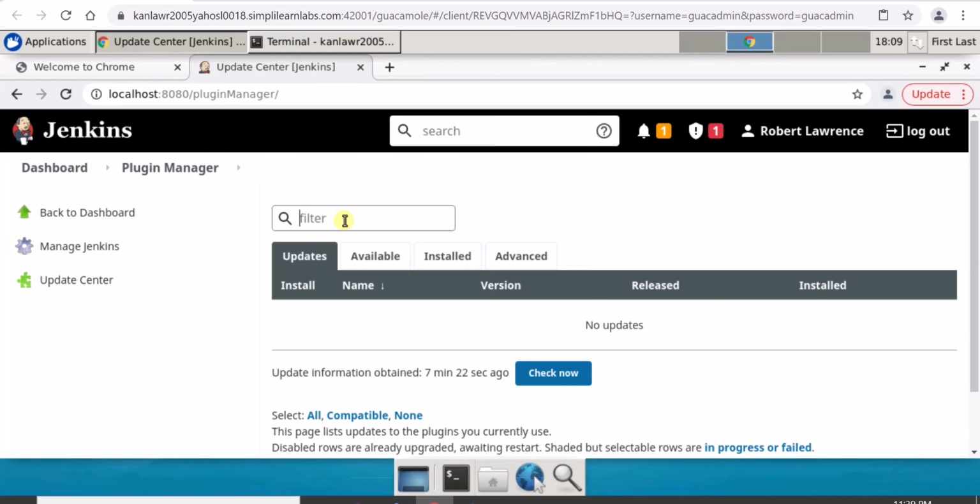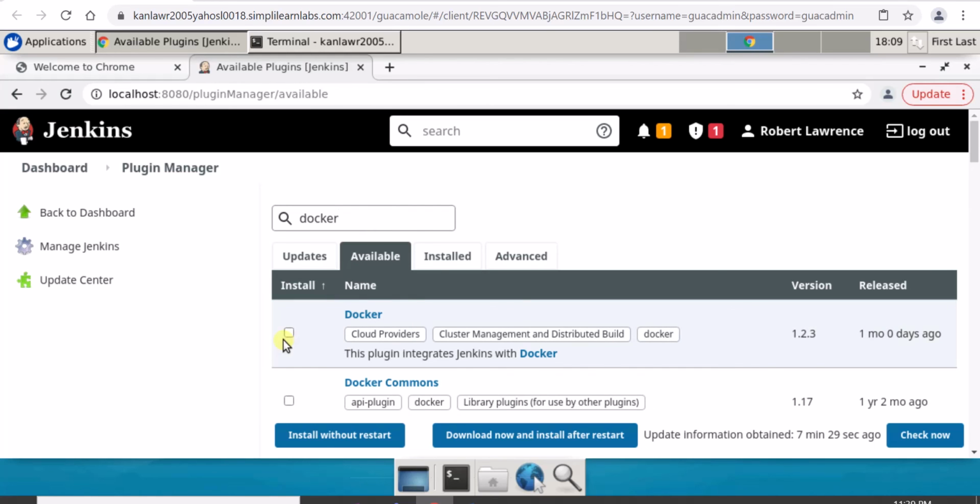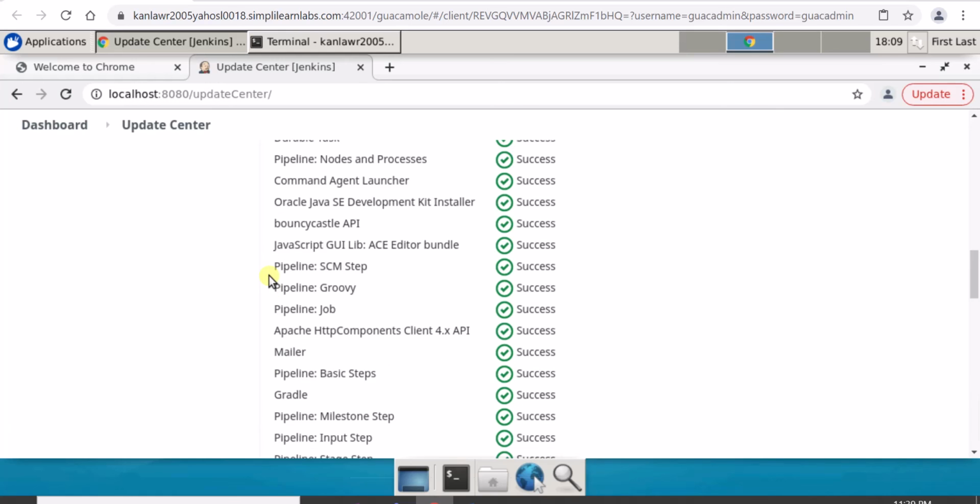I want to look for Docker, not under updates but under available, because Docker is not installed. So I need to always go to the available option. So Docker is there. Install. Like this, you can search for the software plugin and you can install one by one. So that's the thing.